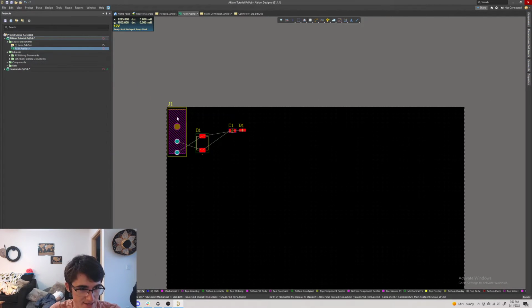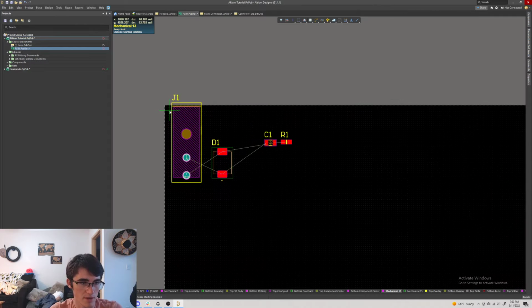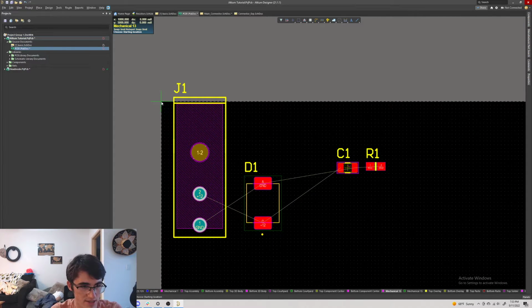But so to change the size of the board, what you can do is you can use the line tool up here. And so you have to be careful. You have to be on mechanical 13 layer, which basically designates the body constraints or the size of the PCB. That's the specific layer of the mechanical stuff and defining it. So the line tools are not the best in Altium. Best thing I'd recommend is just kind of keep it straight. And then you can see here,